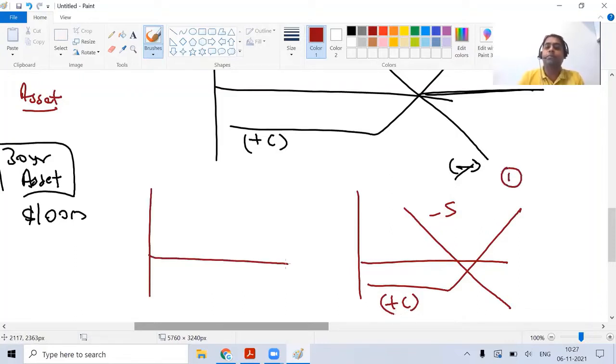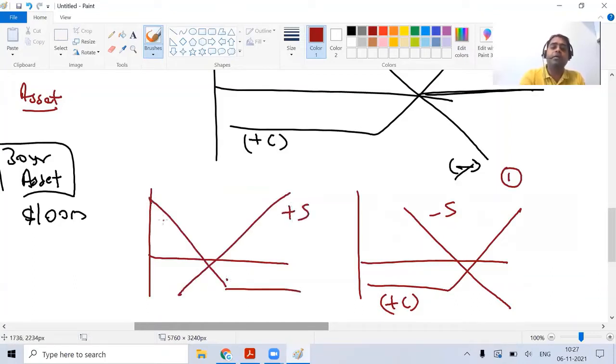Similarly, for put option, suppose you have taken a long position in stock, you're trying to protect it by buying a put, right? Now think about this being done simultaneously. So when the asset prices are going high, you're taking a short position in the stock. When the asset prices are going down, you're taking a long position in stock.